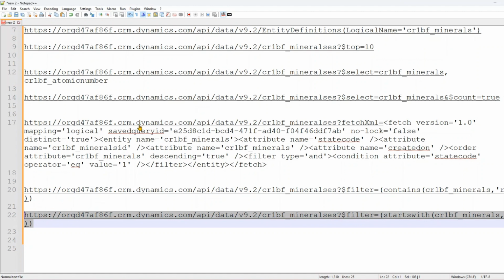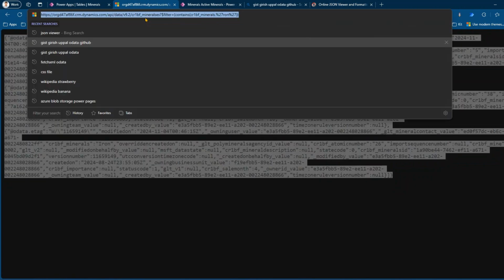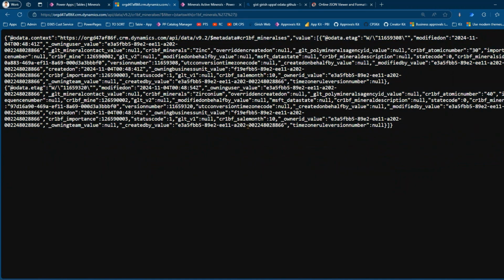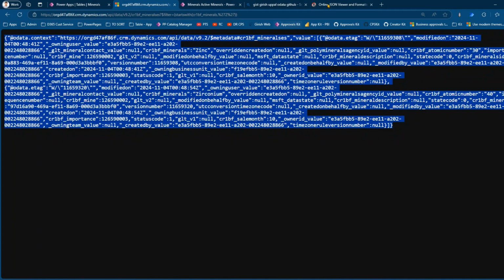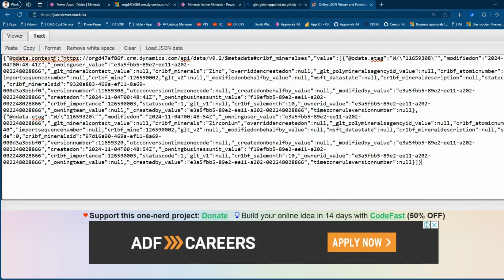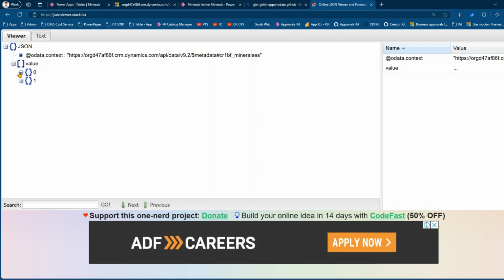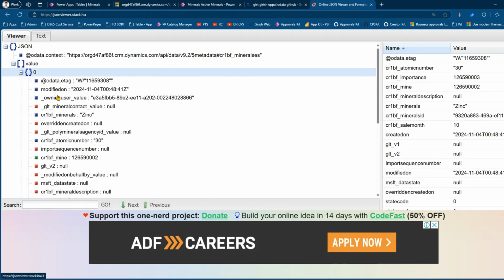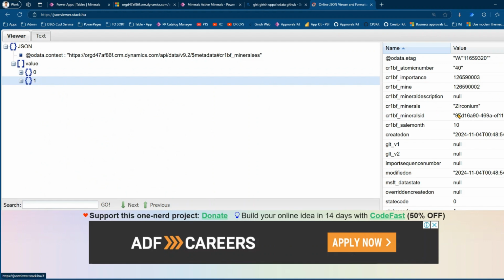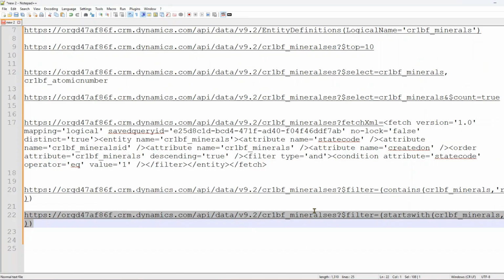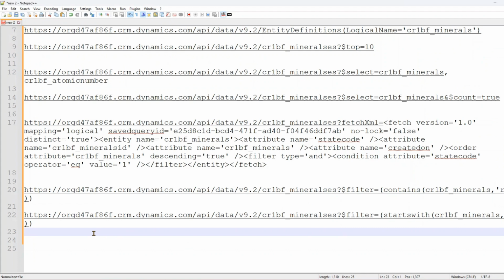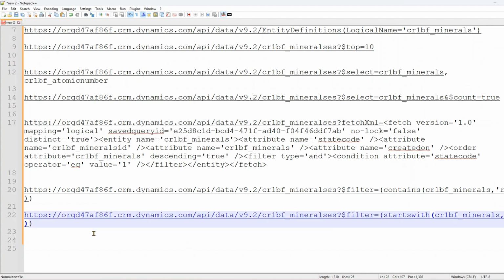So I'll just press Control C, go into the browser and paste it, and it will give me the records starting with Z. If you see the output in the JSON viewer, go to text, go to viewer, and then here you will see the zeroth item, which is zinc and zirconium, right? So like this we can type starts with, and similarly we can use ends with as well. That's also simple. You just go to your query and make sure that instead of starts with, you use